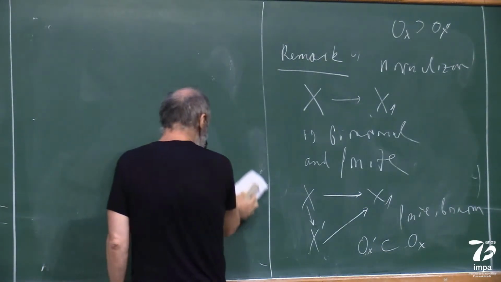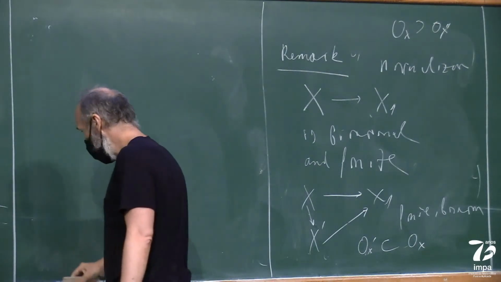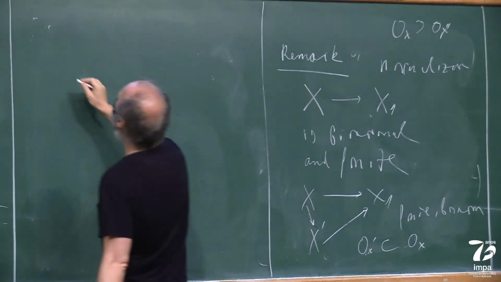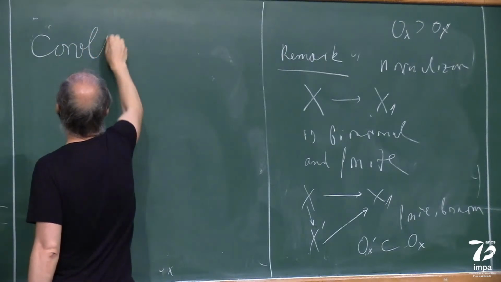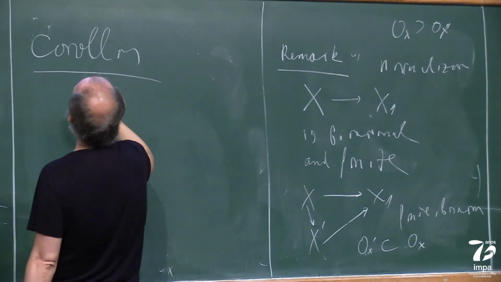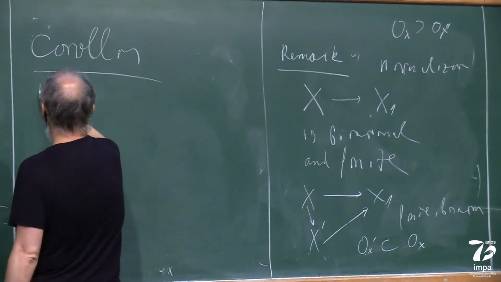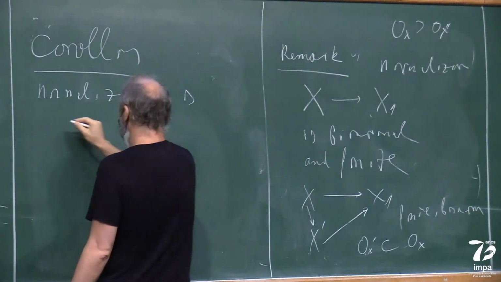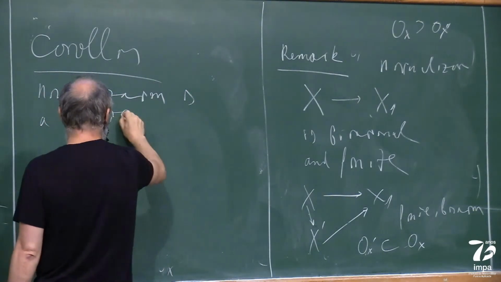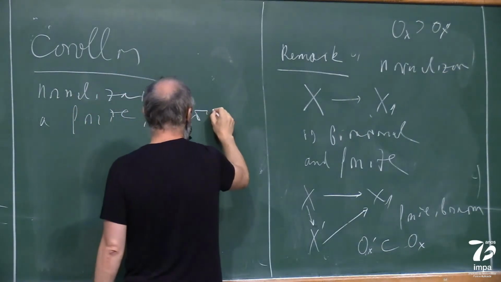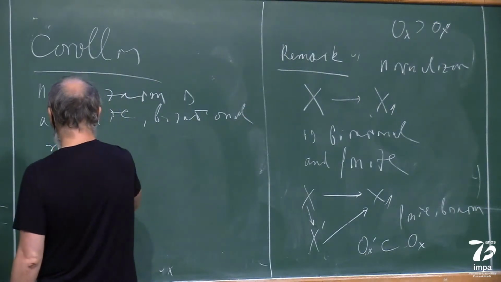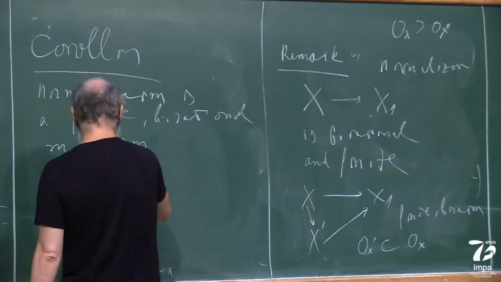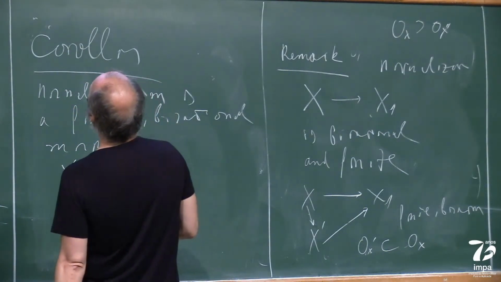So we have a corollary, which will become a definition once we pass to non-irreducible varieties. Corollary: normalization is a finite birational morphism x prime to x such that